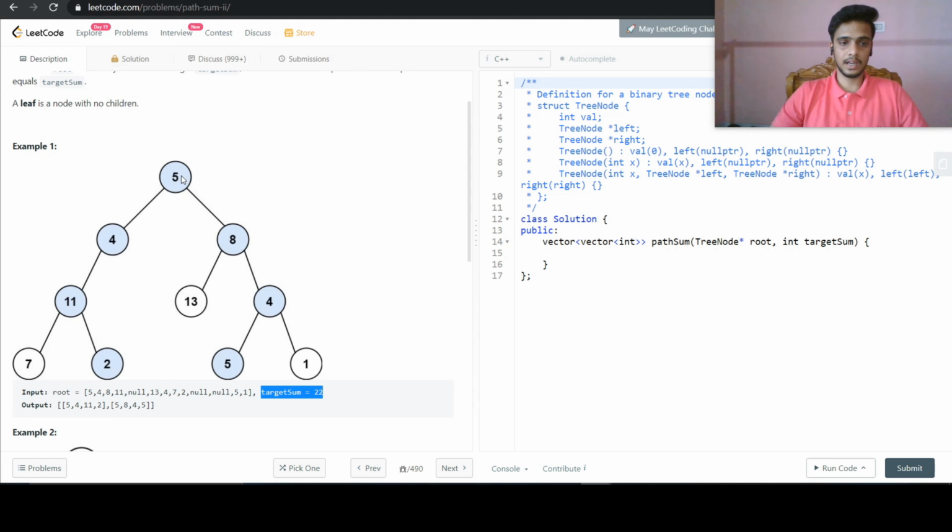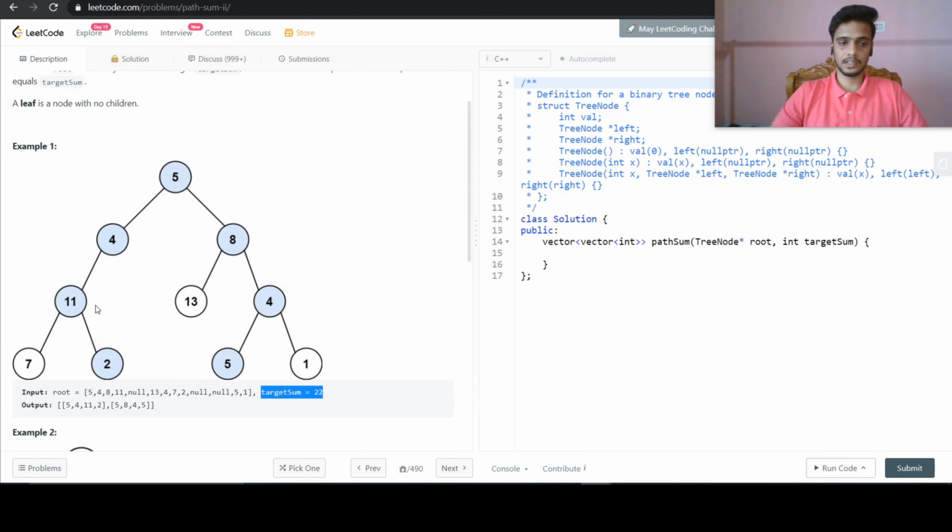So we had 5, 4, 11, and 7 as our current path. Then we popped out 7. Then we again reached here at 11. So now we have traversed our left child. Then we will traverse our right child with the current sum as 20.